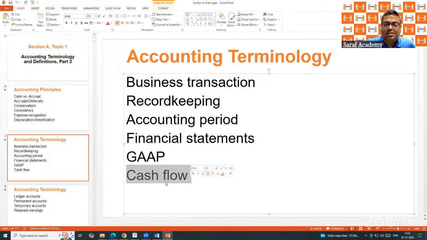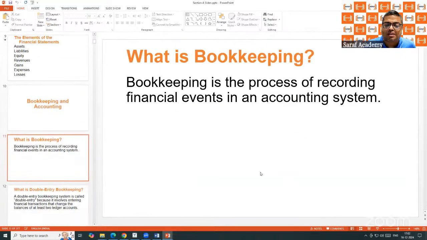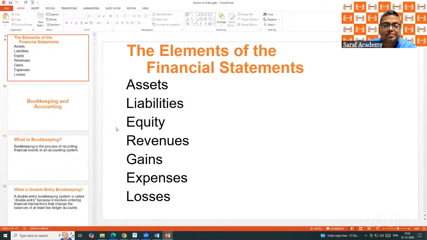And cash flow means, in PL account, you are following the accrual principle. Accrual means sale done, money not received, still it is an income. But in the cash flow, till the time money is not received, it is not a cash flow. For running the business, we require cash flow. But in the long run, the business should make profit. Cash flow is also an important aspect. For that reason, in accounting, other than PL account, balance sheet, cash flow statement is a separate preparation.